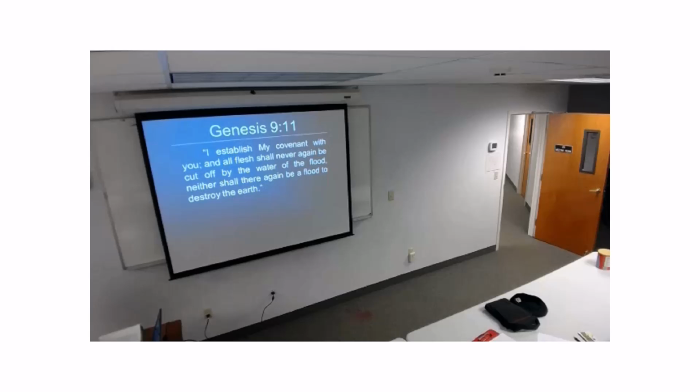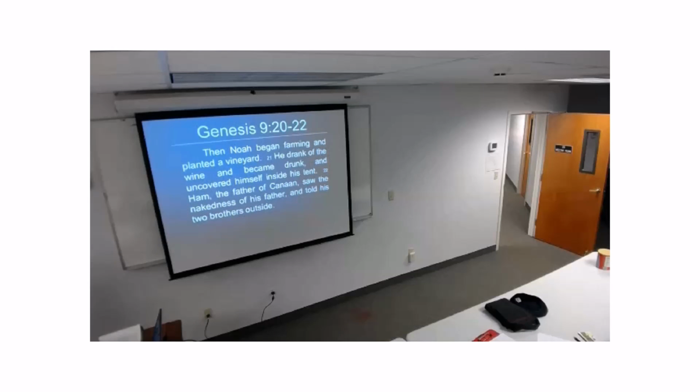All right, so now we're going to see an event which is kind of, for us, maybe a little confusing. So Genesis 9:20 to 22, Noah is a farmer, plants a vineyard, drinks wine and becomes drunk, and uncovered himself inside his tent. Now, right there, remember we talked about right and wrong, shame and honor. This would be a shameful thing to happen, that a man became drunk and uncovered himself. That's painful, and for us also, right?